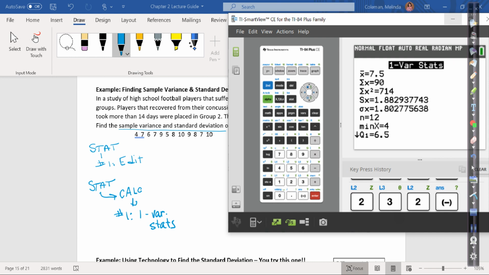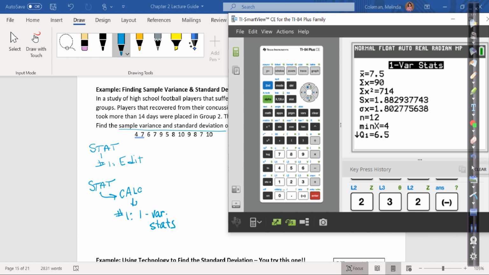Right. So now I have my x bar, which remember is the average. Sum of all the x's. So if I were to add these data points up together, I would get 90. Doesn't ask me to do that. If I want to just sum them and square them, I would get